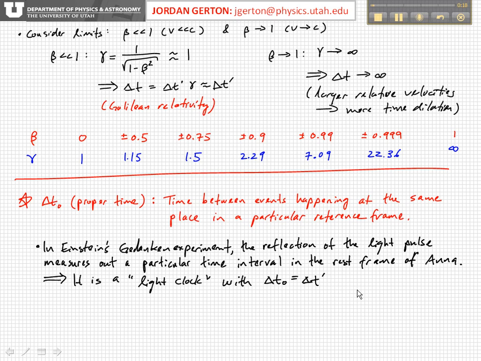In Einstein's Gedanken experiment that we've just considered, the whole action of the light pulse reflecting and then being detected basically at the same place measures out a particular time interval in the rest frame of Anna, and so we can think of it, as I said before, as a light clock with the proper time delta t sub 0, delta t naught equal to delta t prime, the time measured in Anna's frame. Okay,